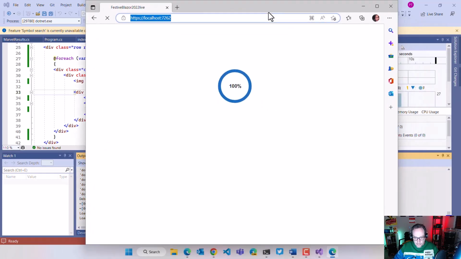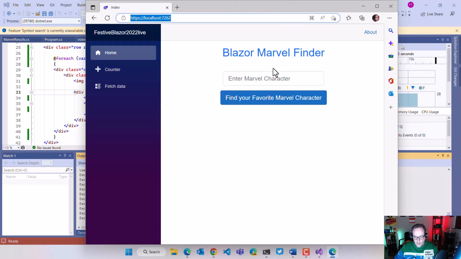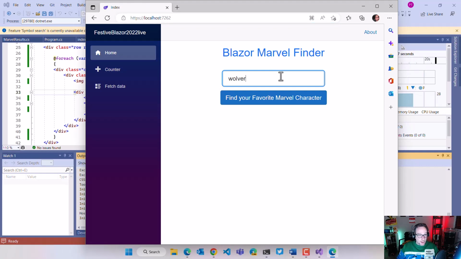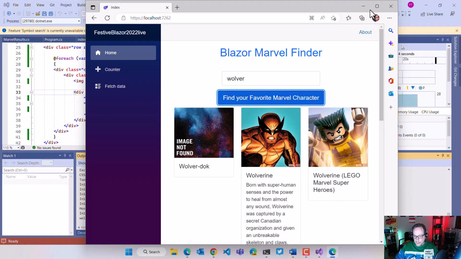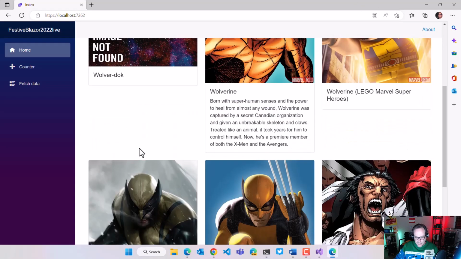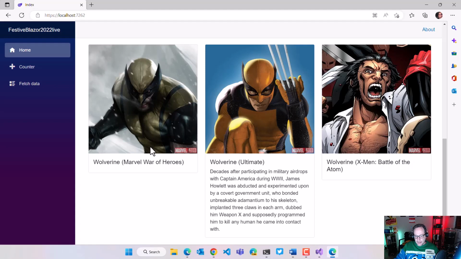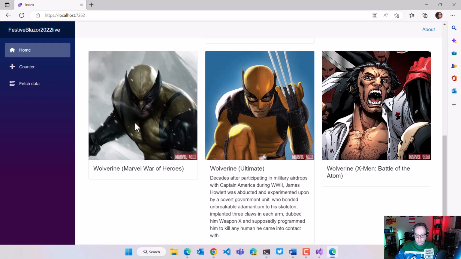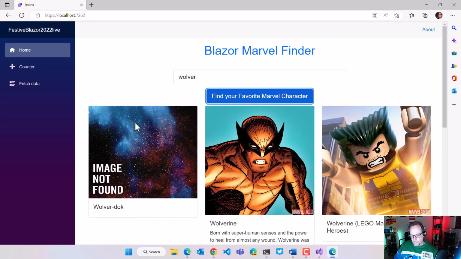So the app is loading, that's always good. We're gonna search for Wolverine or part of the name. Remember, name starts with, and dun, dun, dun, dun. Find the Marvel, and we got a nice feedback. So we have at least some feedback. As you can see here, we got different results coming in. We got more Wolverine from the series, we got Wolverine from the movies, we got Wolverine from the Lego, and